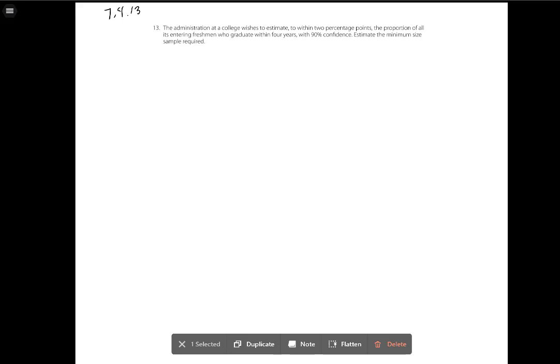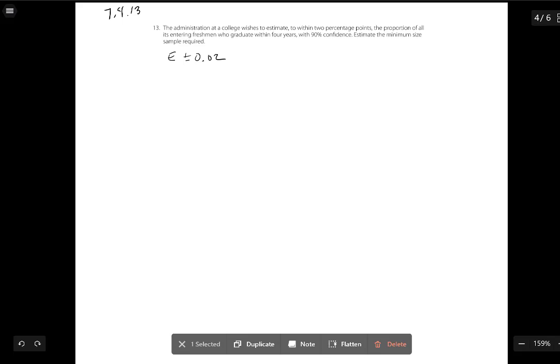Okay, Chapter 7, Section 4, problem number 13. As you can see here, the administration at a college wishes to estimate to within 2 percentage points the proportion of all its entering freshmen who graduate within 4 years with 90% confidence. Estimate the minimum sample size required. So right off the bat, we have to within 2 percentage points. So we have the error plus or minus